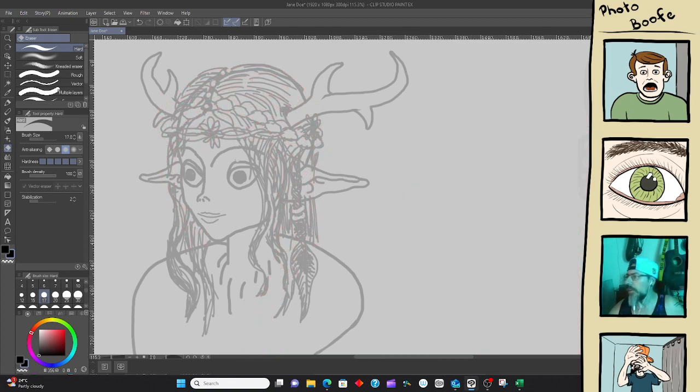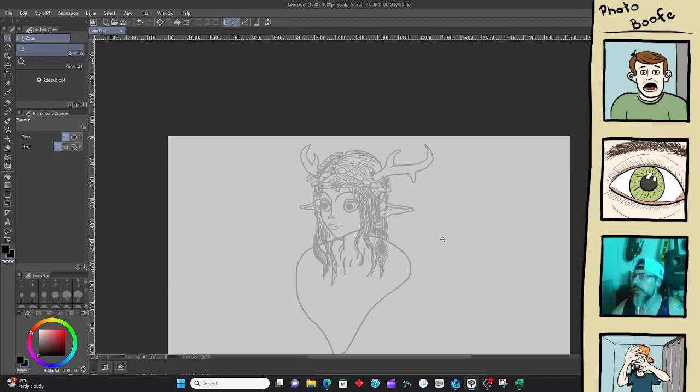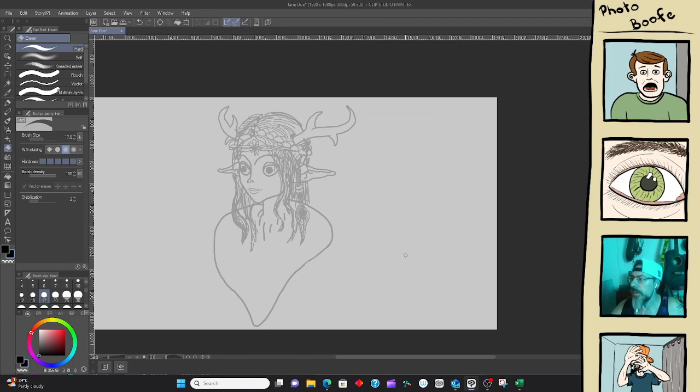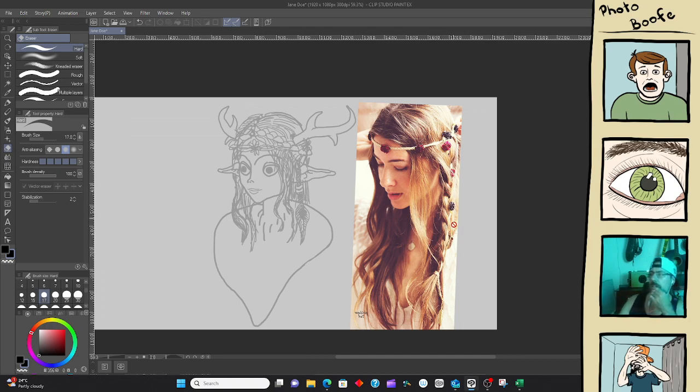Let me turn this layer off. So considerably less hair than this. It's coming from the side, in and over, and it's ending up down here.